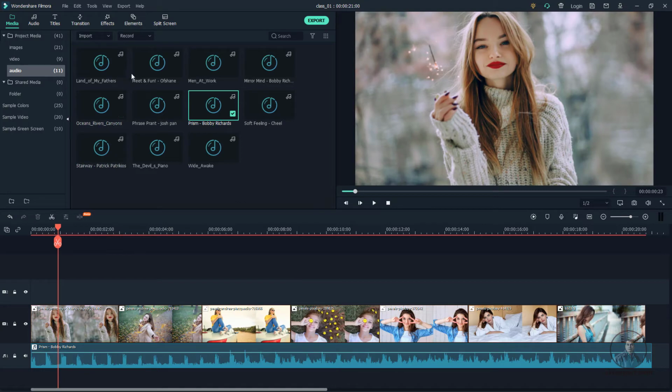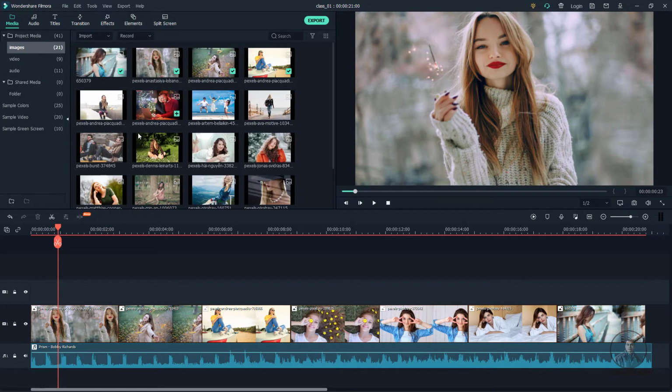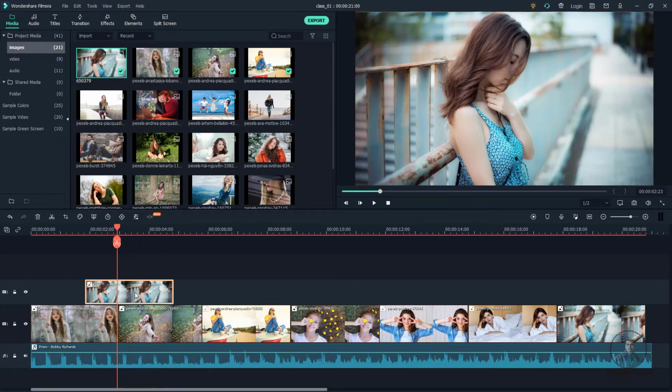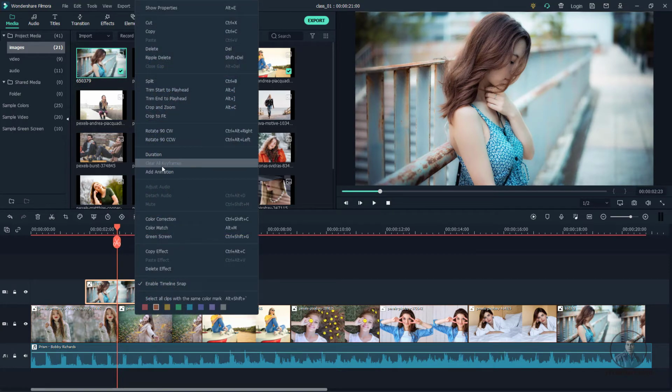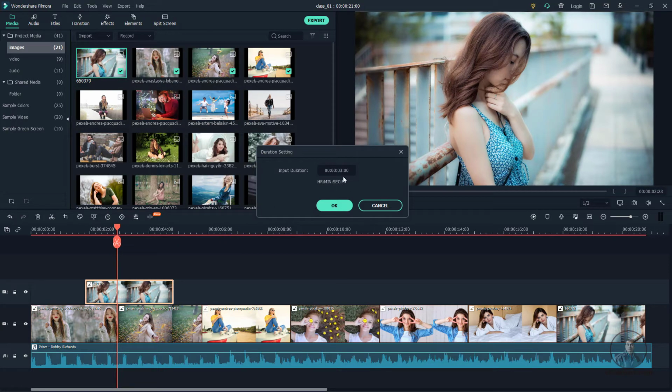Actually, whatever media you place in your timeline, automatically it will show for 3 seconds. So again let me check it here. Now just place it here on top. Again if you right click here, then duration, it will automatically give you a duration, maybe 5 seconds or 3 seconds. Actually this totally depends on your preferences settings. So here in Filmora I have set it as 3 seconds.